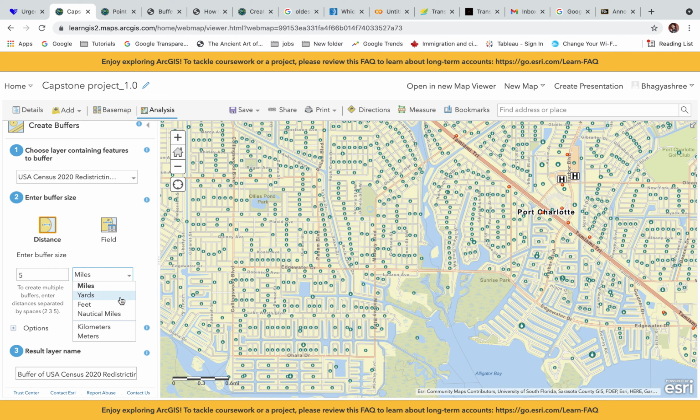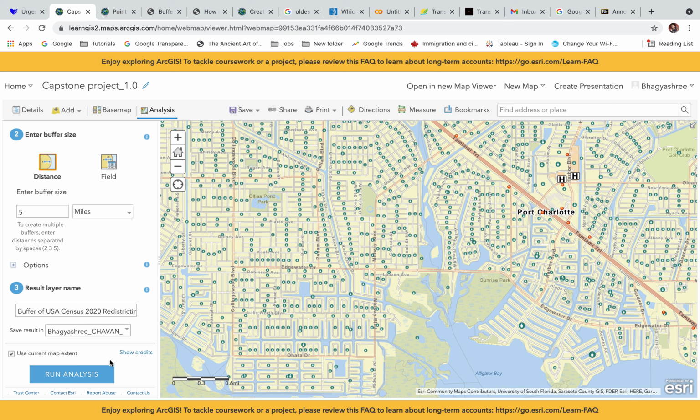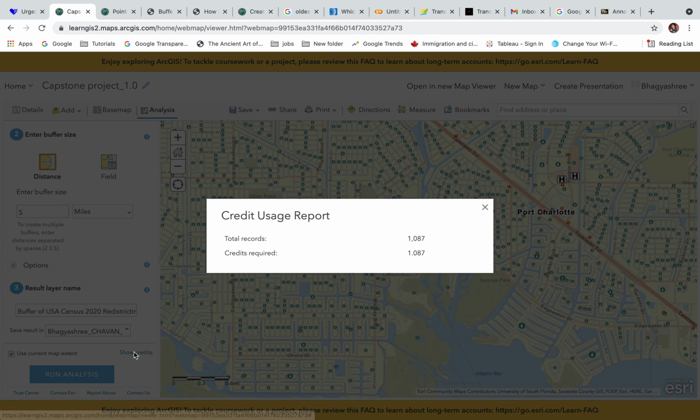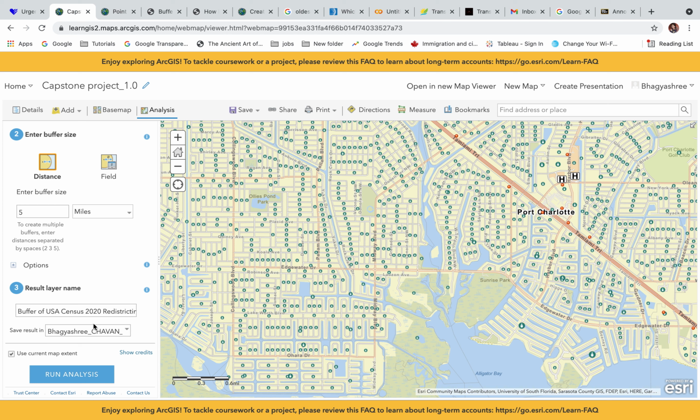You can choose feet, kilometers, or meters if you want. Then you can see how many credits it is going to show. For students, they are giving 200 credits, so out of that 1.087 credits are going to be used for this analysis.